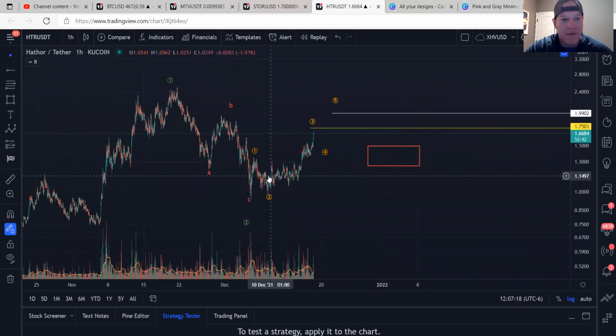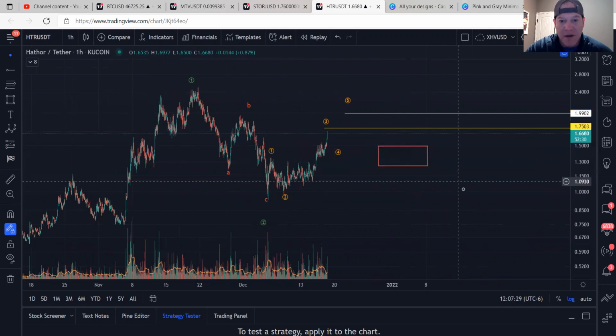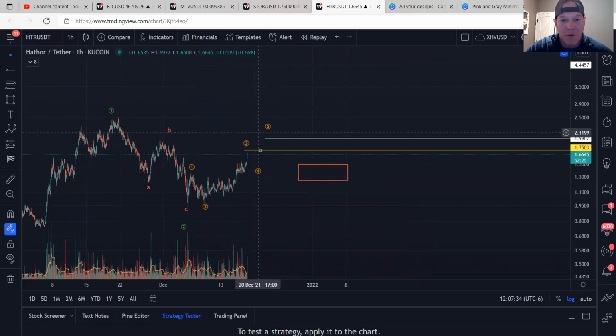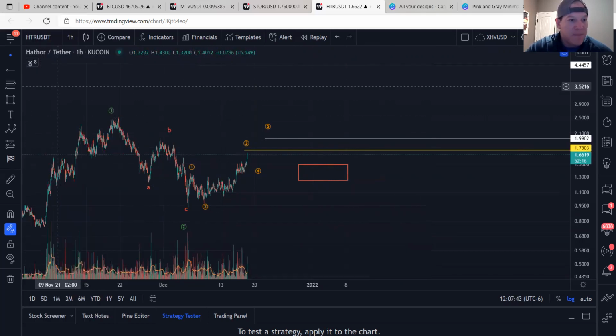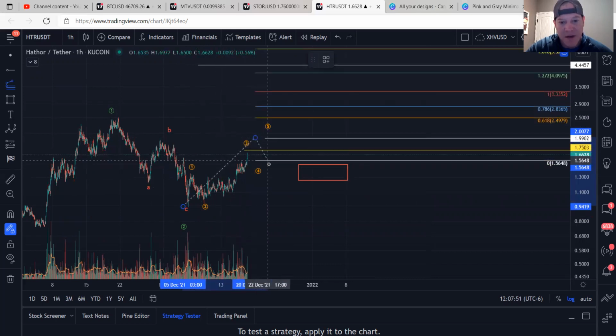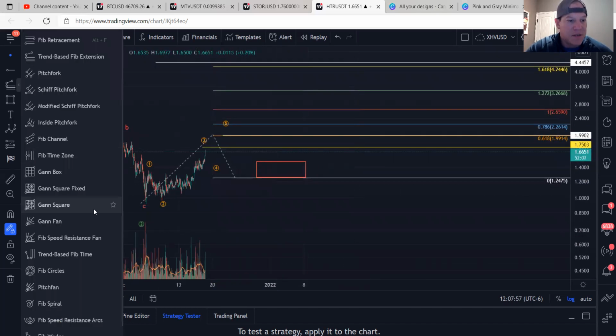And then your 2, I would anticipate correcting anywhere from $1.50 down to $1.20, if indeed this thing is going to be impulsive and it's going to continue in the direction of the trend. Let's go ahead and figure out what that would look like. So you've got your trend-based fib extension tool. You take from the bottom of your 1 up to the top of your 5, down to where I believe it'll correct to. That brings us to,